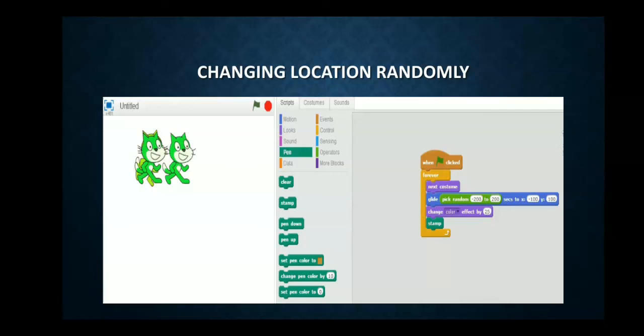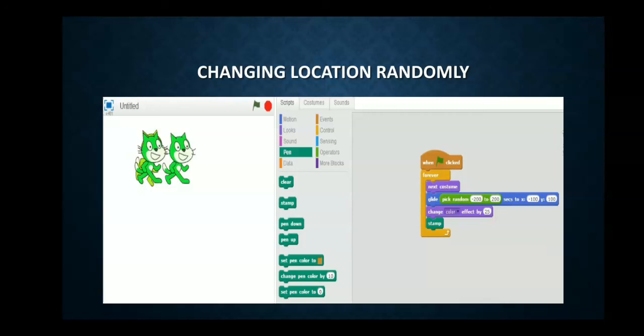Changing location randomly. We can also use blocks to change the location of the sprite on the stage. We can change the coordinates of the sprite position on the stage, and it will display a different colored stamp of the sprite.